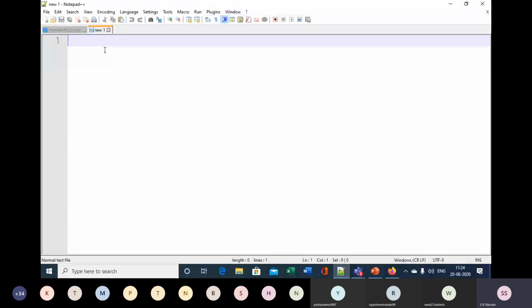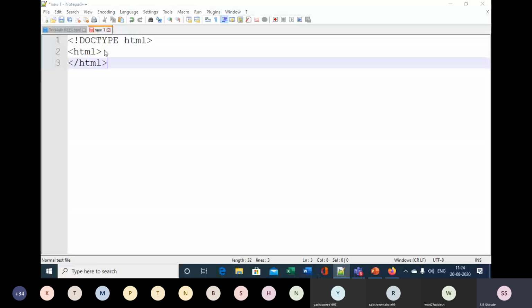So once again, start that example. As I am inserting it into hypertext, I want to design an HTML page. So I will write here DOCTYPE HTML, then html, close it and save it.